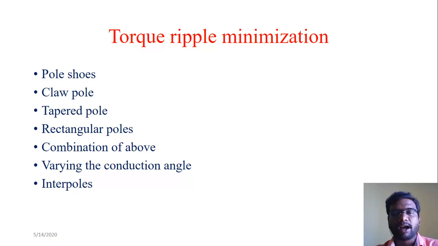And the next one is turning on and turning off, because turning on and turning off plays a vital role in the operation of a machine. This turning on is the conduction angle. The conduction angle plays a vital role in the efficiency of a machine, so that also we can change. We have to look at that, as that is an important one to reduce the torque ripple.